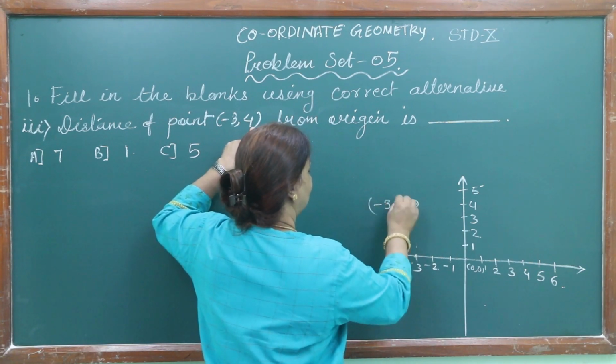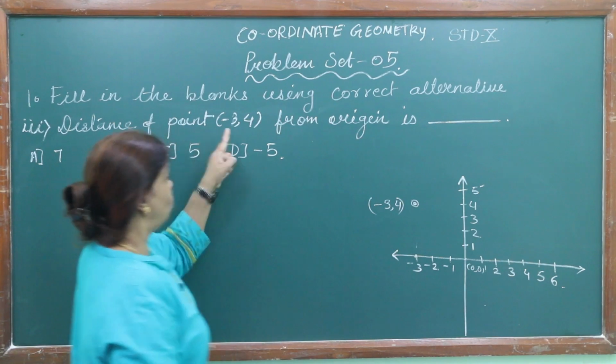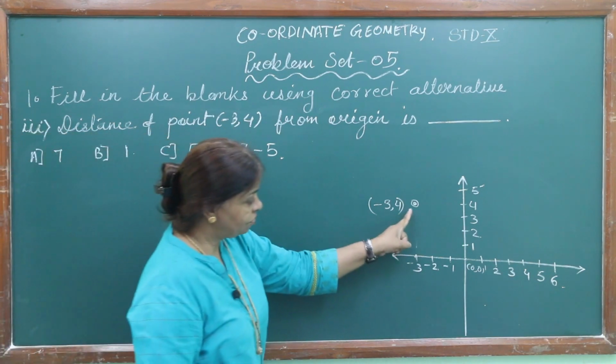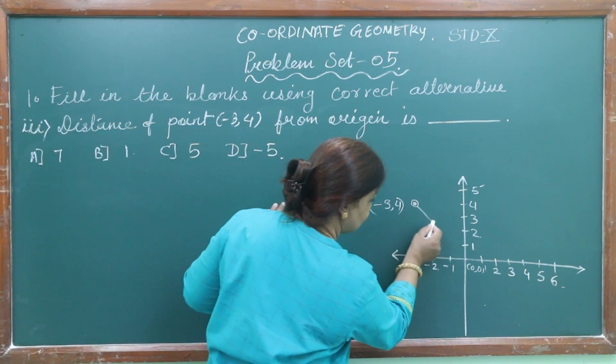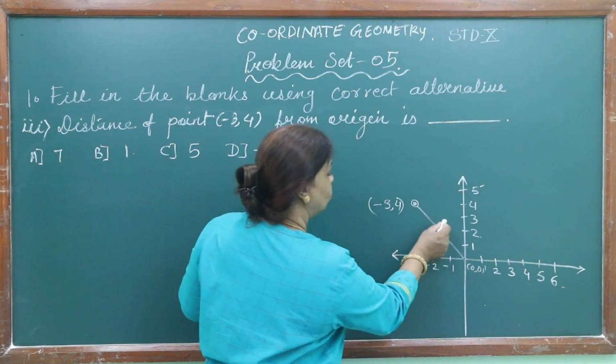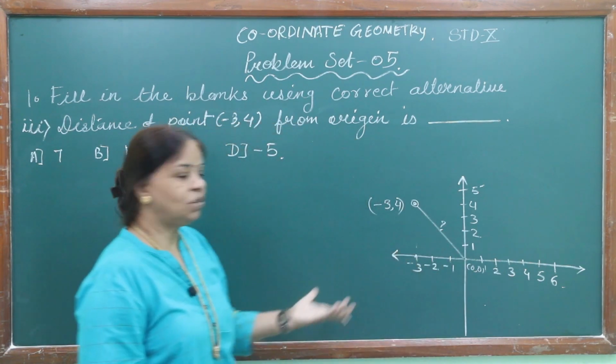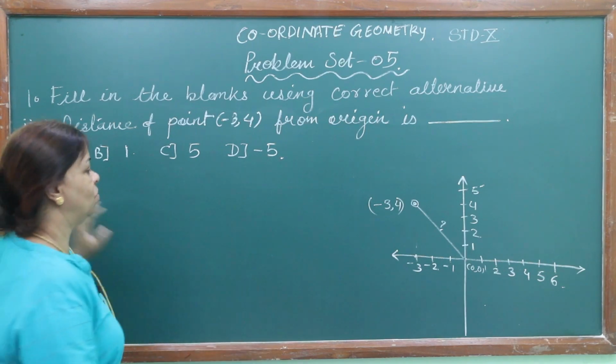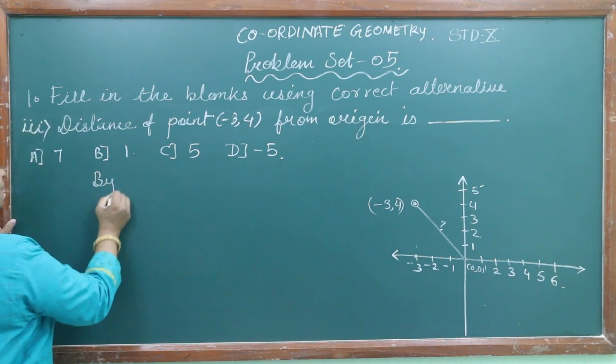-3, 4. So what is the distance of this point from the origin? Means this distance. You want to know this distance. So children, you can do this by distance formula. So by distance formula,